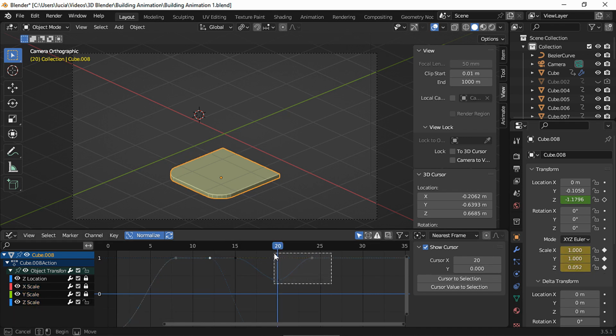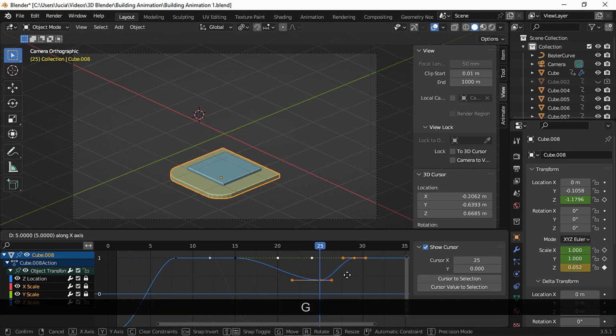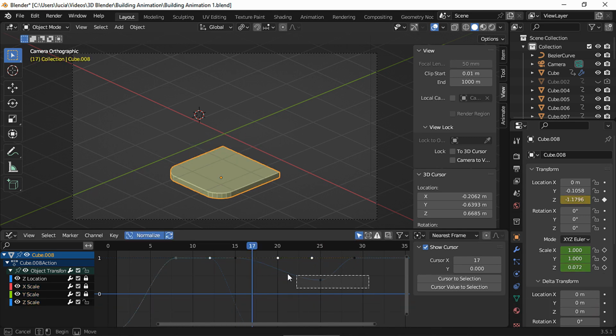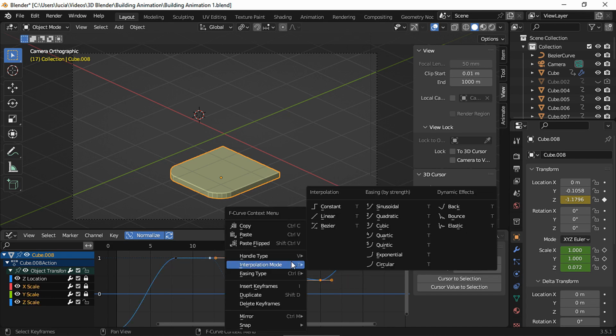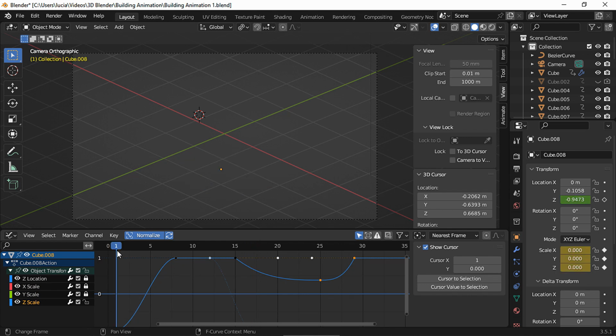Let's move these 2 keyframes so the animation is a bit slower. Hold the middle mouse button to constrain the movement to the axis you are moving along, and now select these 3 keyframes. Set the interpolation mode to cubic, select these 2 keyframes, choose ease out, select these 2 and choose ease in. And now we have this curve. Let's see how it looks now.